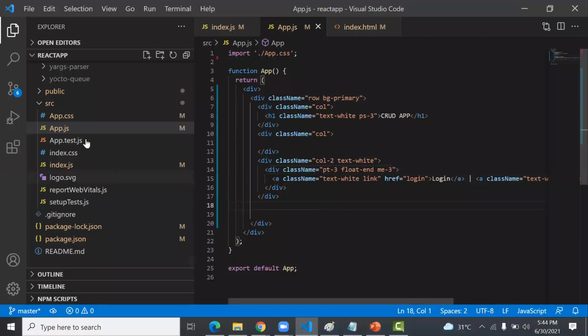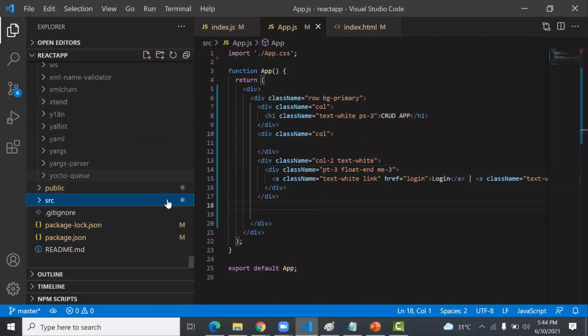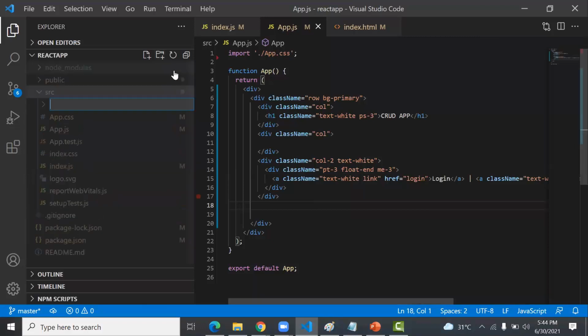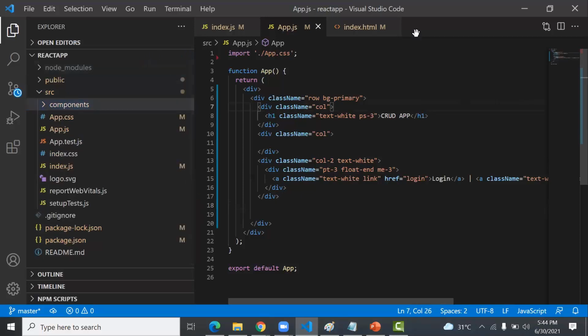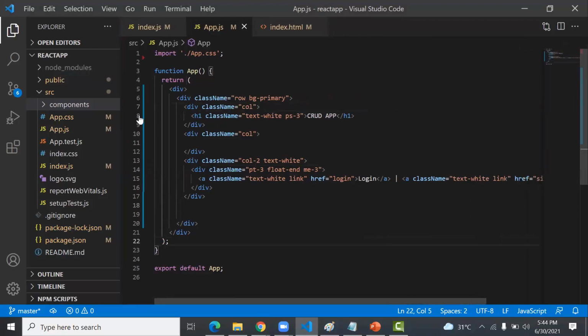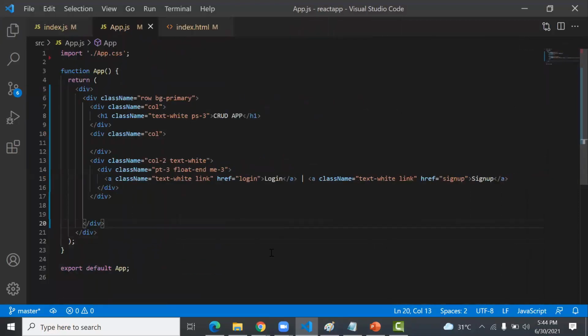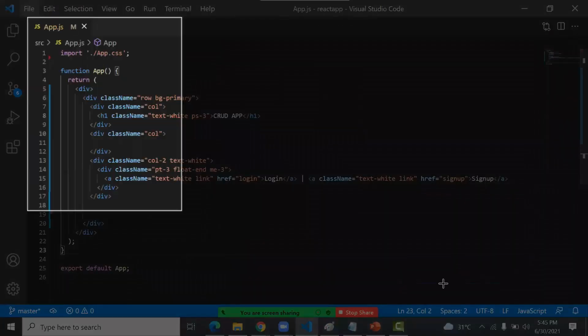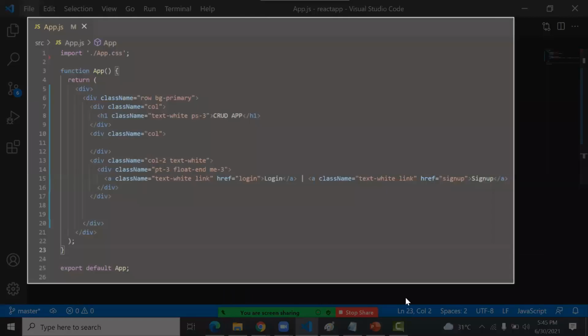Now inside src, I create a folder called components. Some screenshots I keep for you. So here is one code. This is app.js, and in app.js you design as the first step for you. So you are adding the Bootstrap grids. So I copy this.